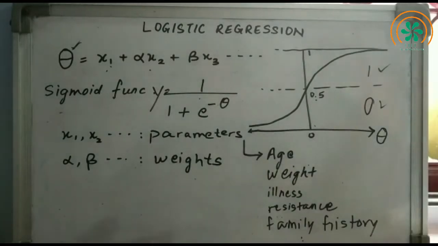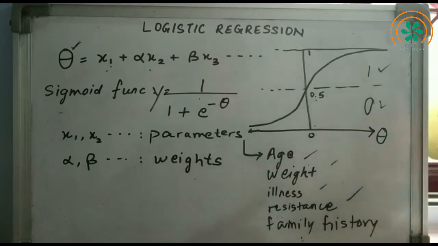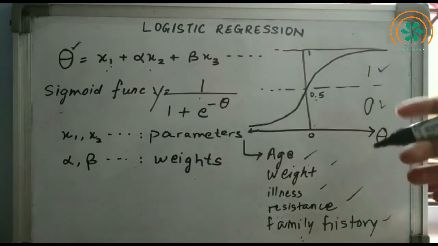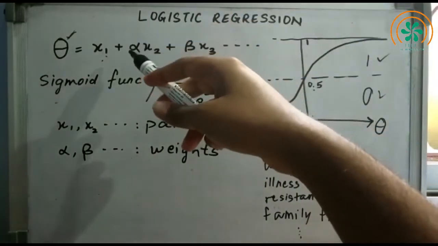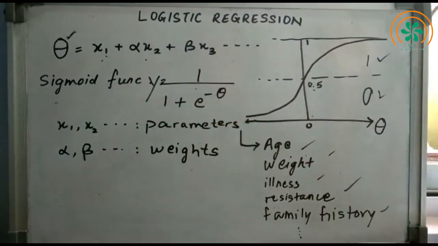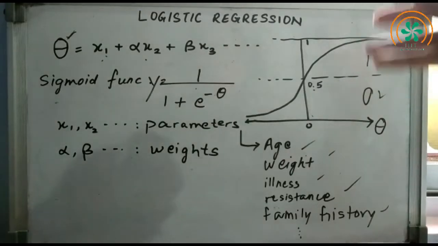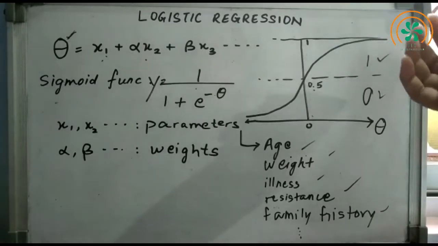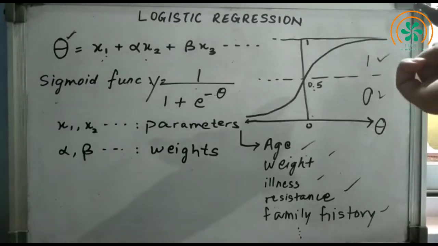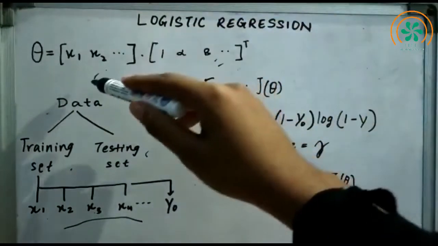For a patient, here are the kind of parameters that you can set. The parameters are age, weight, illness, resistance to certain drugs, and family history. There can be many more parameters which will depend on the type of illness that you have. The coefficients that you see here attached with these parameters are called the weights. Weights are simply numerical importance given to each parameter. In this model, the weights have to be manipulated again and again with each training example to make our prediction more accurate. As you might have guessed by now, theta is the dot product of two vectors, the parameter vector